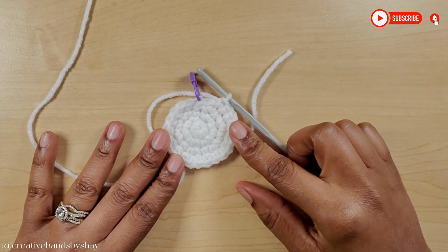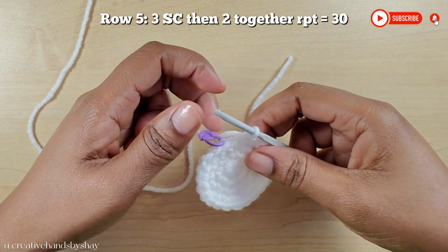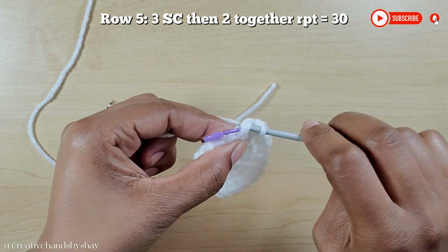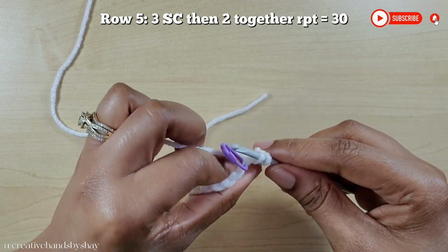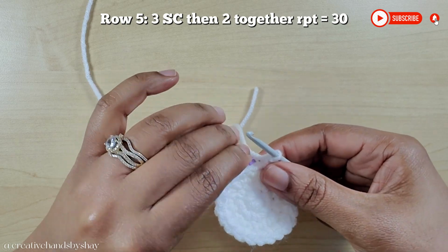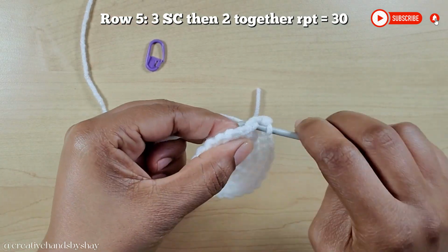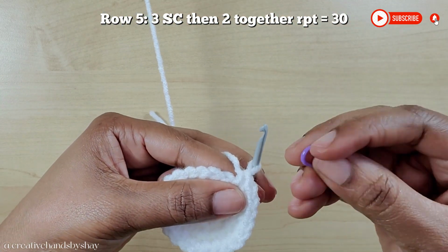So now I have come to the end here of my row 4. And I have 1 stitch remaining, and I'm going to put 2 double crochet in that stitch. Remove your stitch marker. Moving on to row 5, you are going to put 1 single crochet in 3 stitches